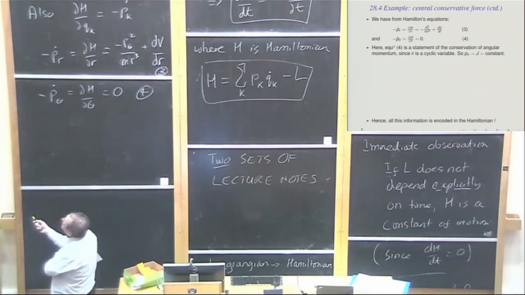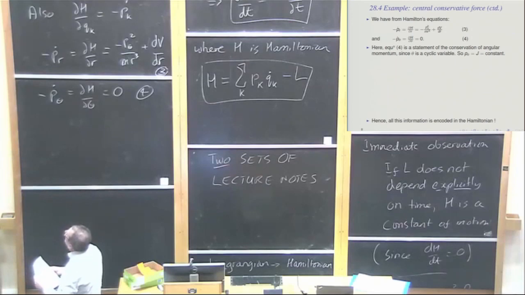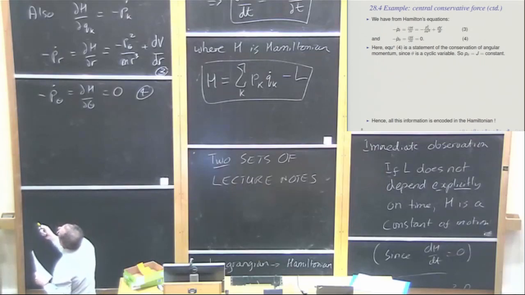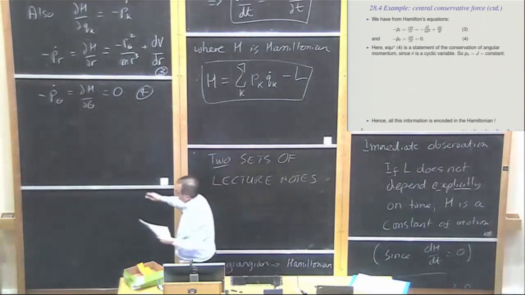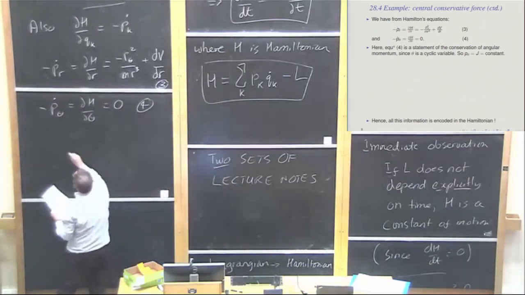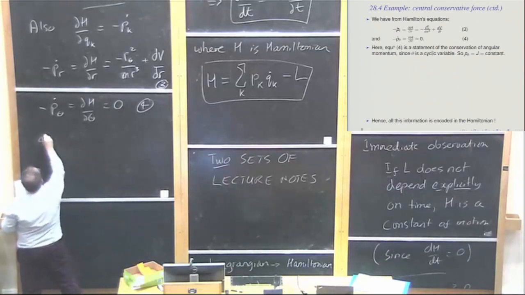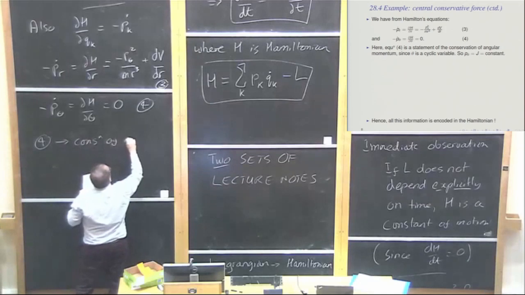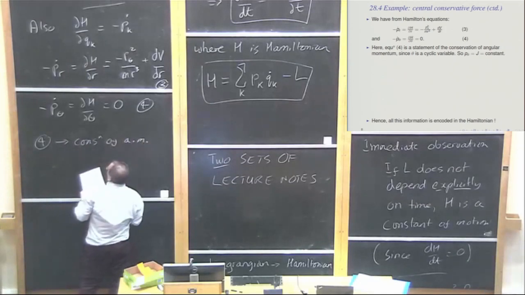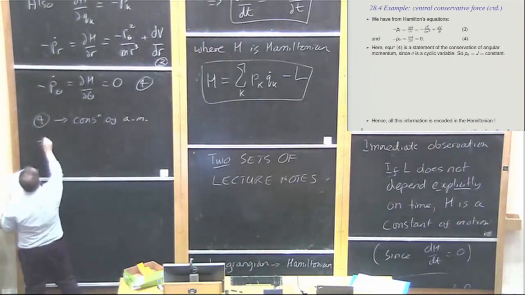So the conservation of angular momentum is seen from Hamilton's equations and the fact that H doesn't depend on theta. Okay, so 4 gives us conservation of angular momentum, and 3 gives us